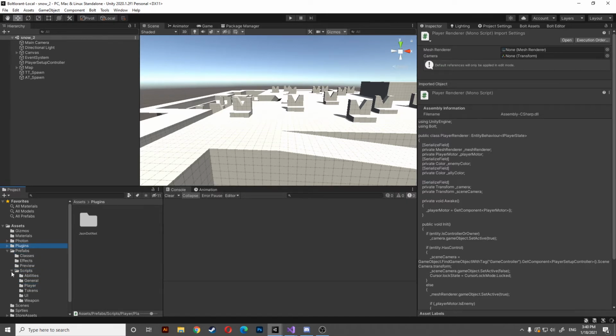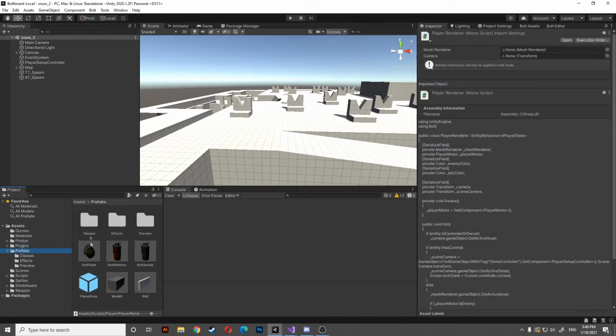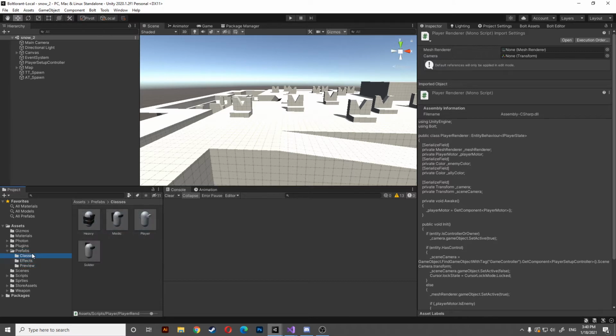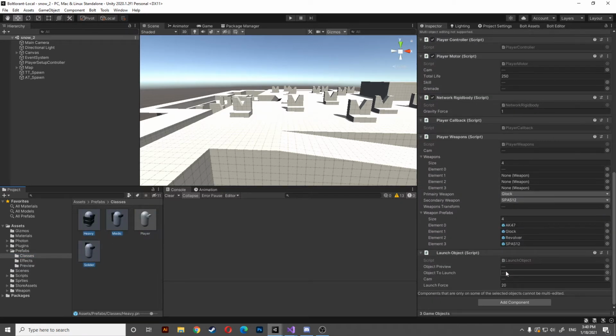Yeah, I think I just moved the script folder in the prefabs. So yeah, and let's go to the prefab of our player here. As you can see, on each player we need to simply add the